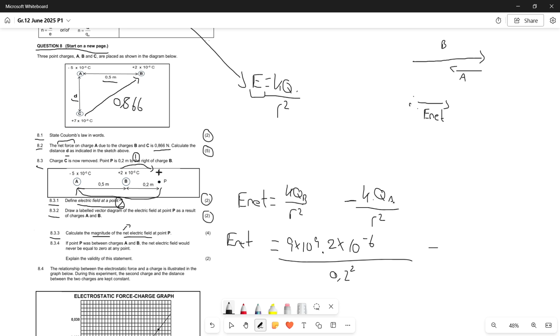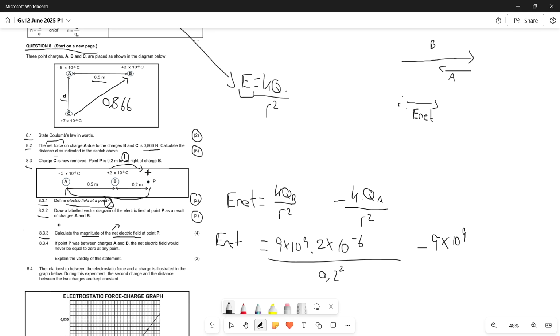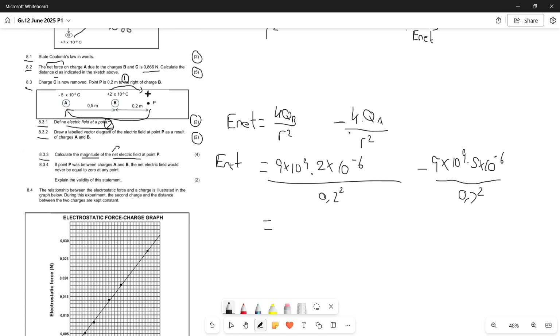And then we're subtracting. K again is 9 times 10 to the 9 over there. Our QA is just 5 times 10 to the negative 6 over here. Cool. And we do not have to put the negative, otherwise we're going to double up our negative in front that we've already dealt with. And then that is over R squared, and that is 0.5 plus 0.2, which is 0.7 squared. So at this stage, we just earned 1 mark for this setup of the equation, and then another 2 marks for plugging in here correctly and plugging in here correctly. Our 4th mark would just be to put all of this in our calculator and get our final answer for our E net,